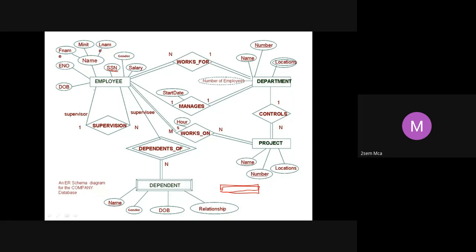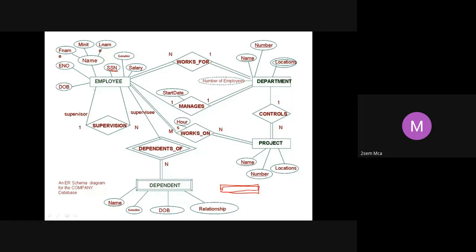I will identify the employee by his name, his ID, his salary, his date of birth, his gender. These are all properties or characteristics of that employee. Those properties or characteristics, I call attributes of that entity.